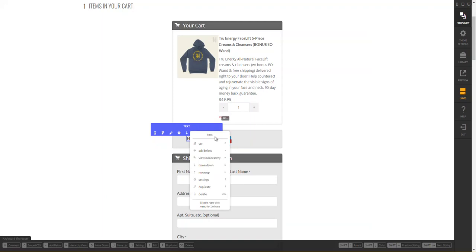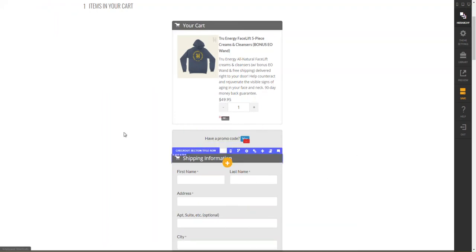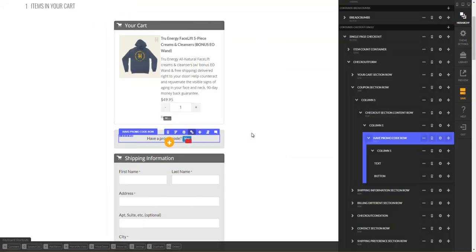Once again, we're going to go up into the column settings and we're going to go up to that parent. Alignment center. Okay. Now this little red is telling me, hey, you don't have this button set to do anything, and that's on purpose so far. We need to actually add the coupon code field. So